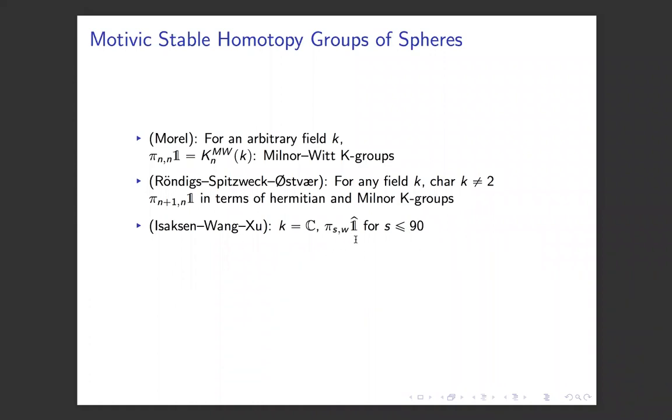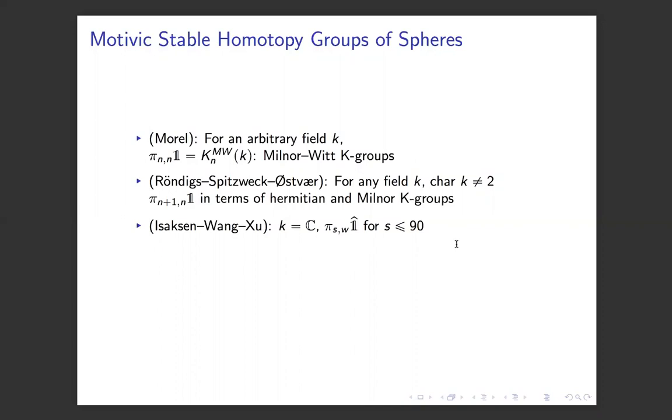So we actually know up to a few differentials, of course. For the first grading, the stems, we know everything up to 90 and for all the weights. And this is, I should say, the two-completed sphere over a field C. So the range is much larger than the previous results, but it's only for the two-primary and only for